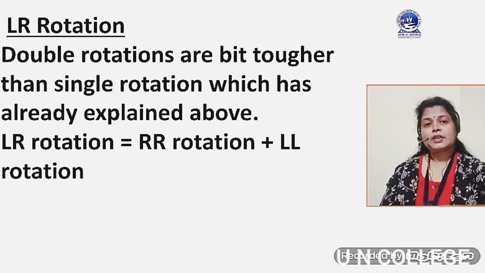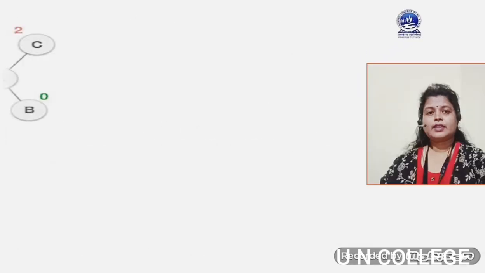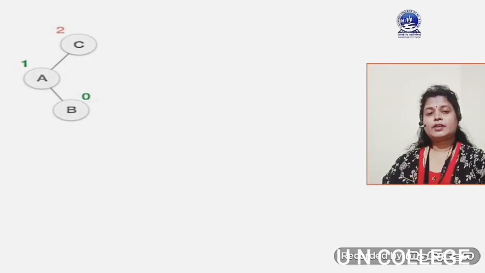Now I am going to explain LR rotation, which is a little bit difficult because it is a type of double rotation, and here we are performing two rotations combiningly to make the unbalanced tree balanced. It means that LR rotation may be called RR rotation plus LL rotation. It is a combination. Here we will perform both rotations combiningly. Here I have given the example of LR rotation, which is a combination of two rotations, that is RR and LL. Here I have represented all the steps of LR rotation in a step by step manner.